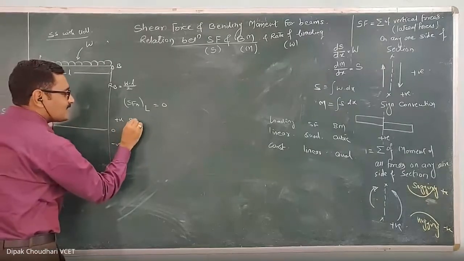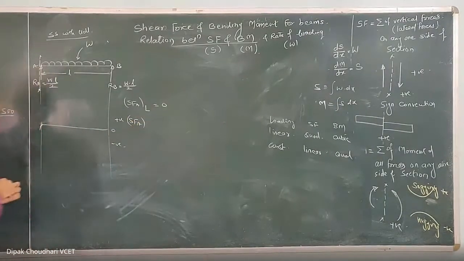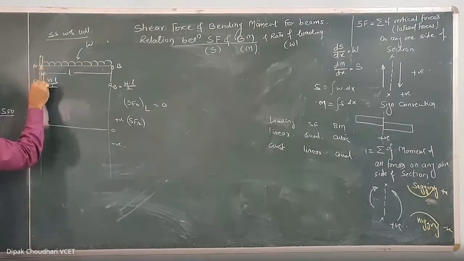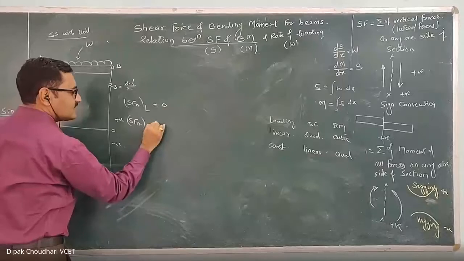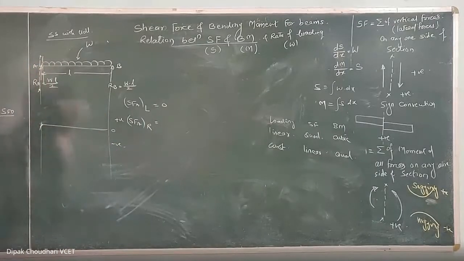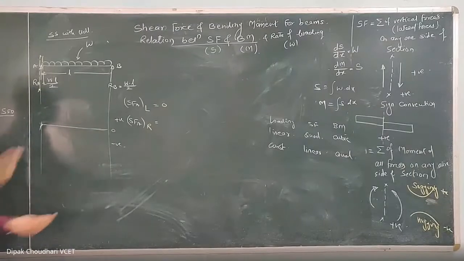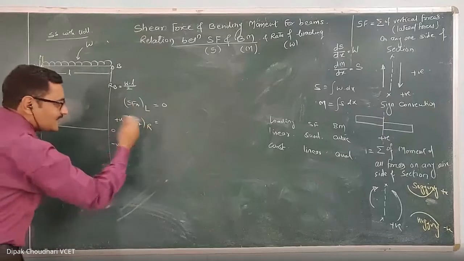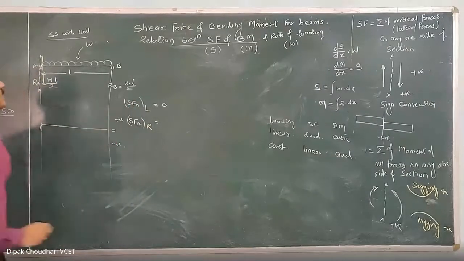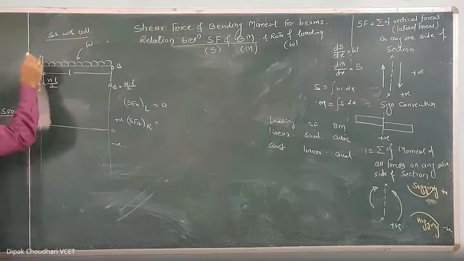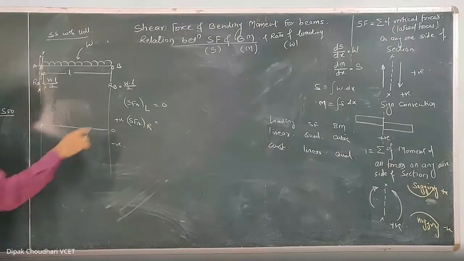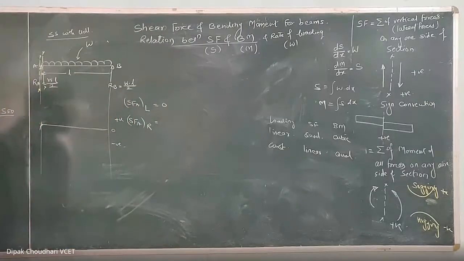Similarly, the shear force at point A on the right hand side. Now consider the section very close to A, but on the right side of A. This L or R doesn't mean that I am taking the algebraic summation of the forces on the left side and right side. What I am doing is considering the position of the section on the left and right of A, very close to A. So if I consider the section on the right side of A, very close to A, what will be the shear force there? And how to calculate the shear force?